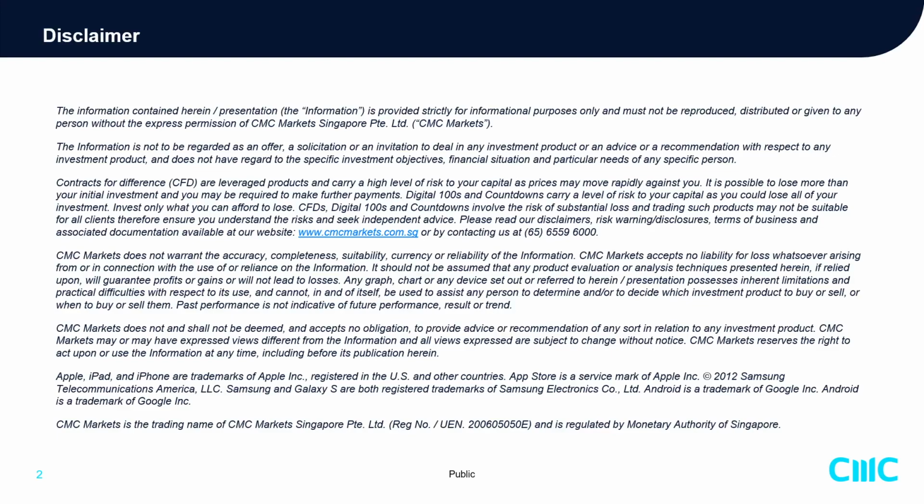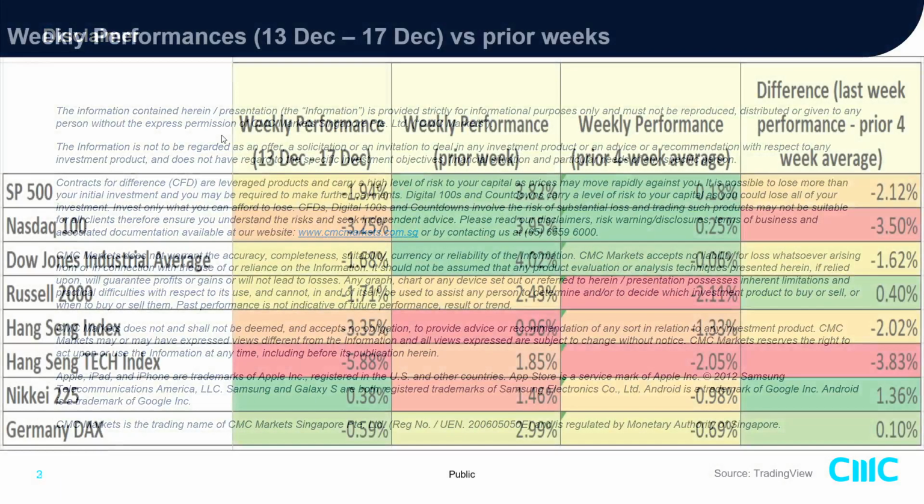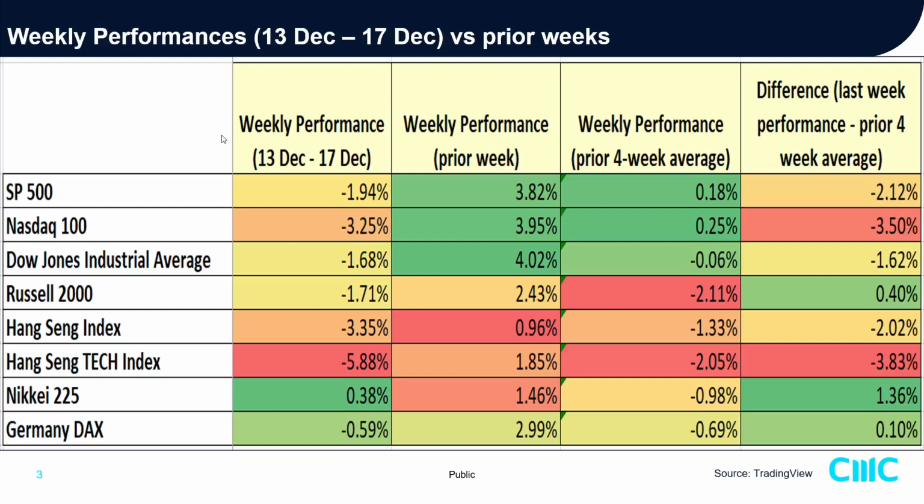Okay, so before we go into the technical analysis, the trend bias and the key levels on the major stock indices, let's take a look at the momentum analysis across the globe for the major stock indices, from the US all the way to Europe and Asia. What we could see is a very contrasting performance: versus the previous week, which is the 13th of December to the 17th of December, the prior week was almost close to all positive.